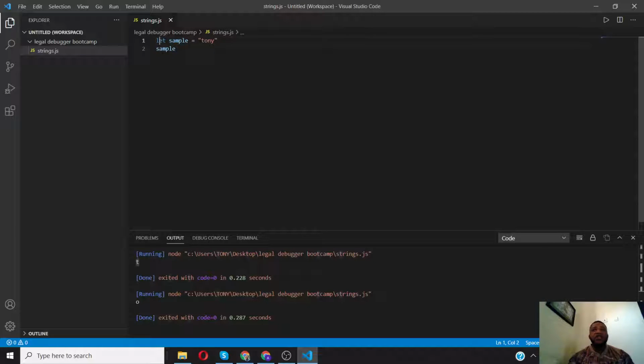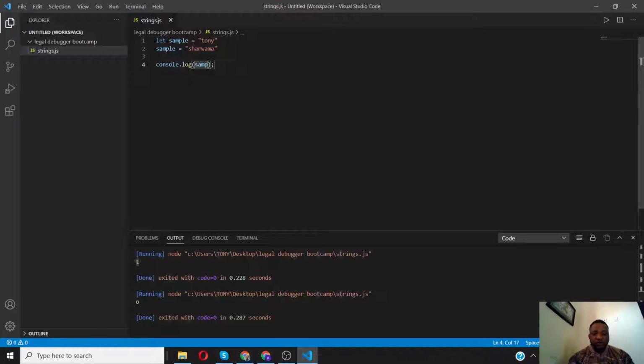For example, let's say you're writing a program for chemistry, and we all know the boiling point of water is 100 degrees Celsius. If you were to create a variable called boiling point, you would want to have it at 100 regardless, so no one can change it later on in the program. Like for example, we have sample Tony here. I could come here and do sample equals, let me say, shawarma. I don't know if I can spell it, but I know I can edit it. And let me log